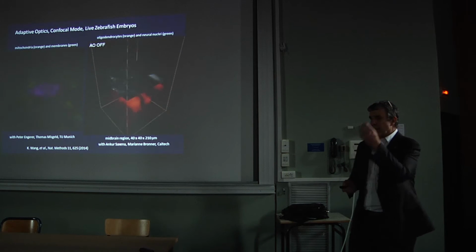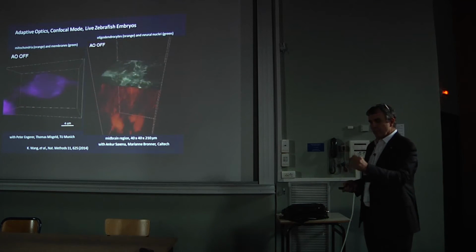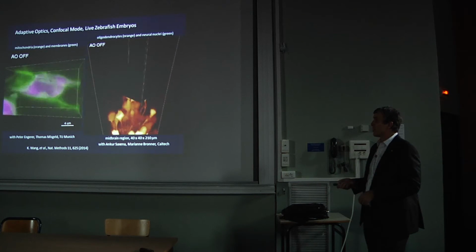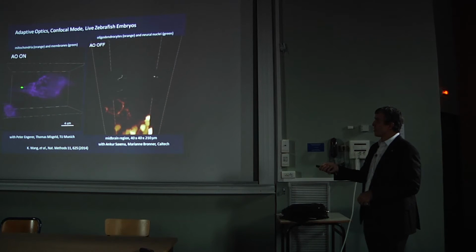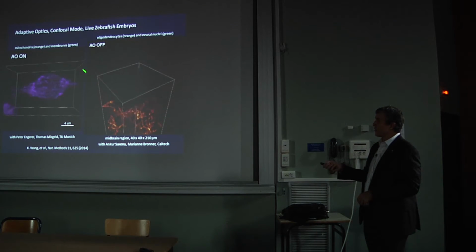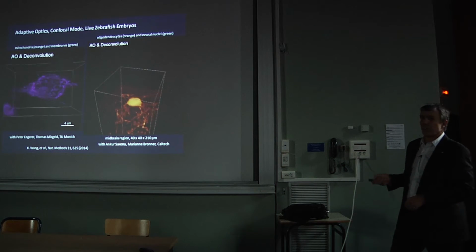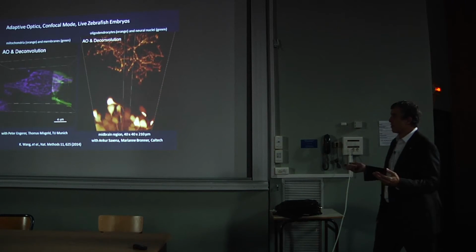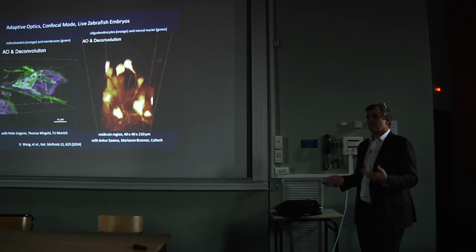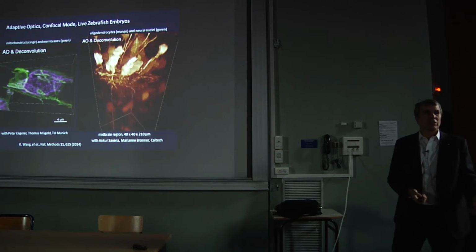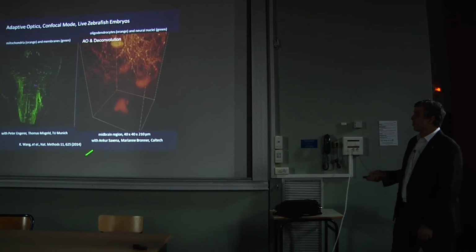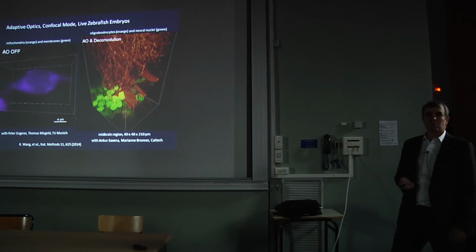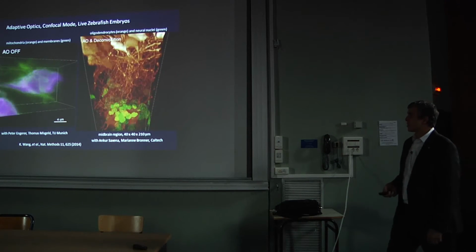So we can also do that and use the 2-photon as just our guide star, not as our imaging means, and then use confocal microscopy for the imaging to do multicolor imaging. So what you're looking at is a sweep of, first, that fuzz was the mitochondria in a cell that's 150 microns deep, but by the time we apply the adaptive optics and deconvolution, again, now we can look at cells deeply just as if they were cells on a cover slip, but now in the whole organism. This is doing it now, looking at oligodendrocytes and coming up the neural nuclei through the optic tectum region of the zebrafish.